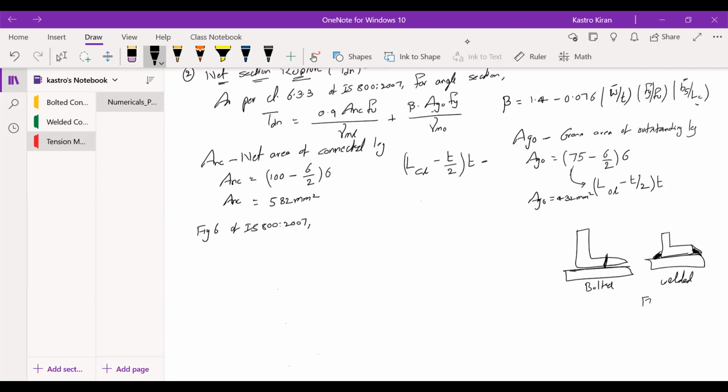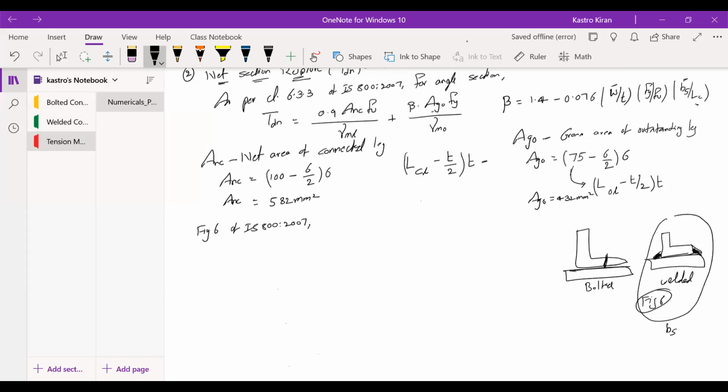So this is how figure 6 of IS 800 looks. Since our problem relates to the welded connection, here the value of BS, that is width of shear leg,